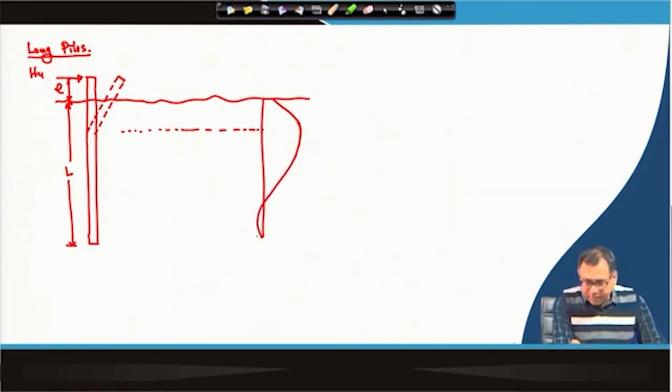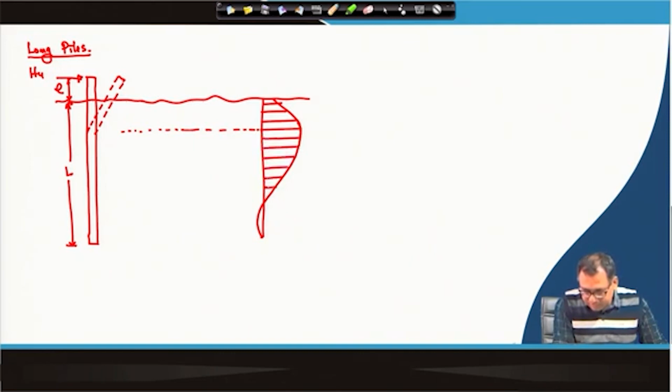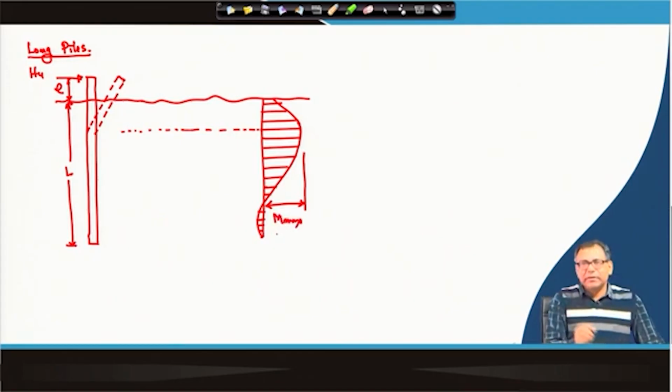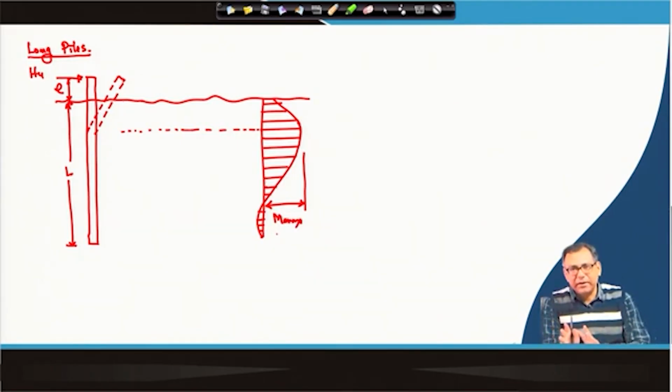This is the bending moment diagram. Okay, and definitely this is M max, maximum moment, and if M max is greater than M y,